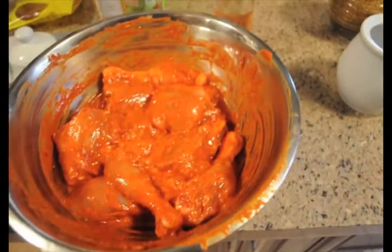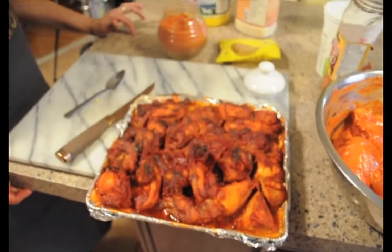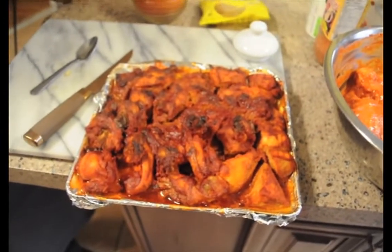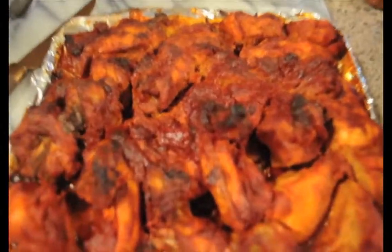We're going to move back on to our butter chicken. So this is all marinated. We put it in the oven at what, Mom? For 35 to 40 minutes on 400 degrees. Okay, and then this is what the finished product looks like. You can eat it the way it is, or just wait for the next preparation, but it's definitely delicious just